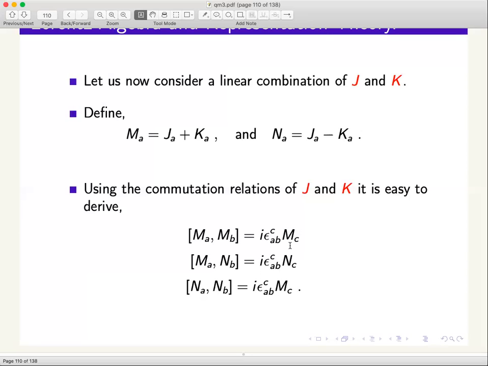That makes sense. But if you set M to 0, then that is not a sensible algebra, because then N_A with N_B would just vanish. Of course, that is also an algebra, but not an interesting algebra. It's what's called an abelian algebra. But the non-trivial SU(2) algebra of this kind exists only in M and is not immediately apparent in N. Although in the J and K basis, they were 2 SU(2) algebras. In the M and N basis, you don't see them so absolutely clearly. But you do see one SU(2) quite clearly.